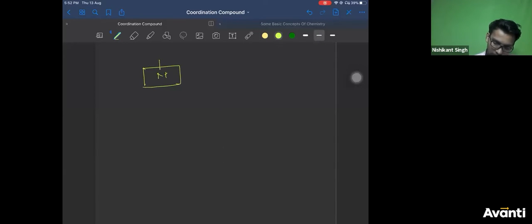What was the structure we had drawn? I think we had drawn something like this. B here, B here, C here. Correct? We had drawn something like this. So it should also have some plane of symmetry, some sort. We need to figure out which plane of symmetry it has.